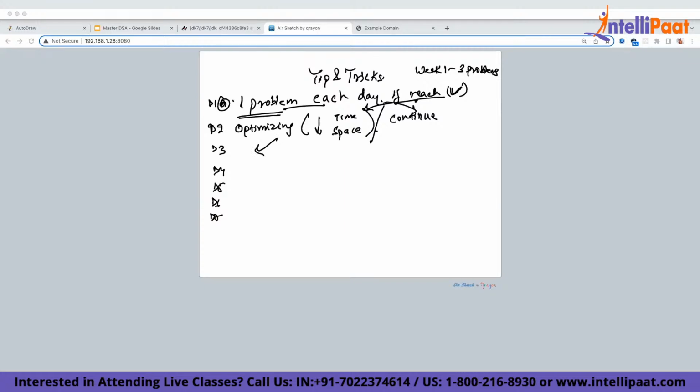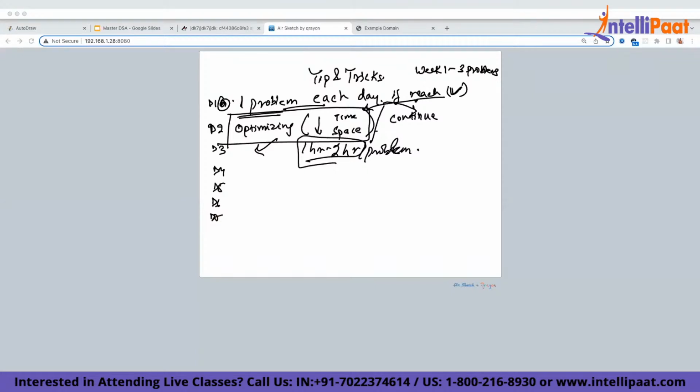But what is the central approach? The central approach is that you have to spend 1 hour to 2 hours on optimizing each problem. Sorry, not per day, it's per problem. Why do we need that? We need this in order to ensure that our solutions are reaching the best approach.